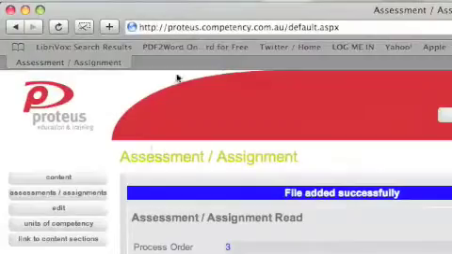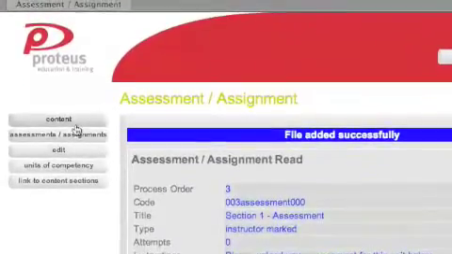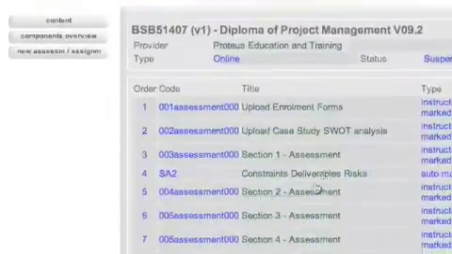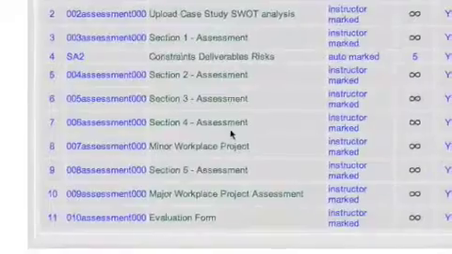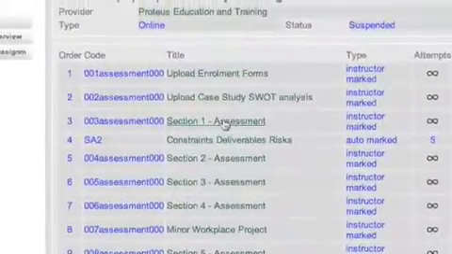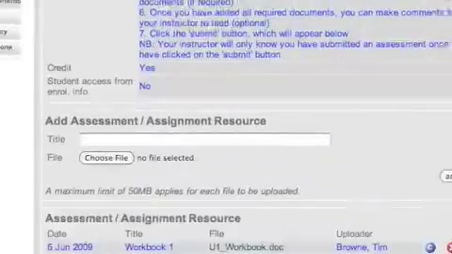So once it uploads, I've now added the updated workbook back onto the system. Now, as I mentioned before, workbooks are often stored under a couple of areas. That's because people access it through the course content, that grey screen that you told me about, but also through things such as